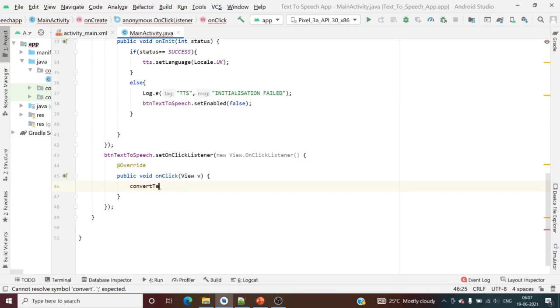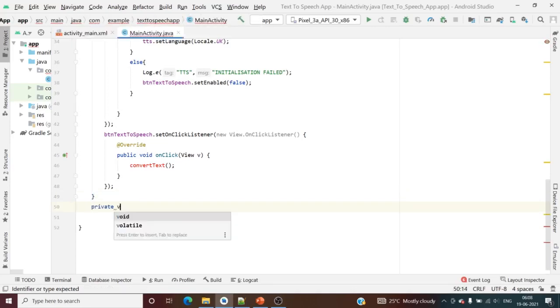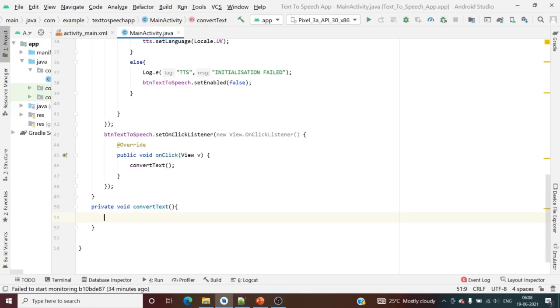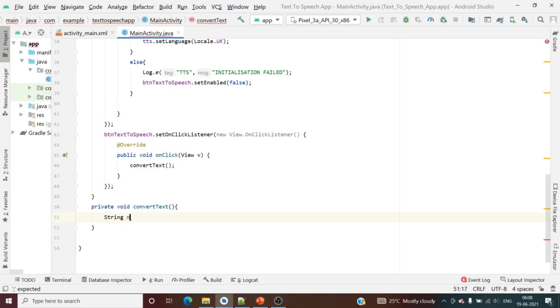convertText. I have not written this method, that's why it is showing a red mark. Let us write this method now. It has a string, myString.